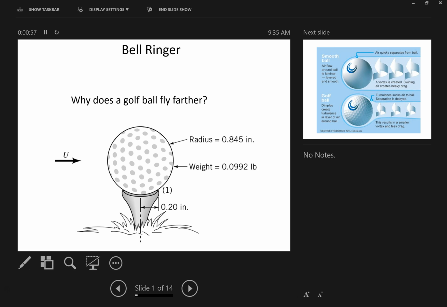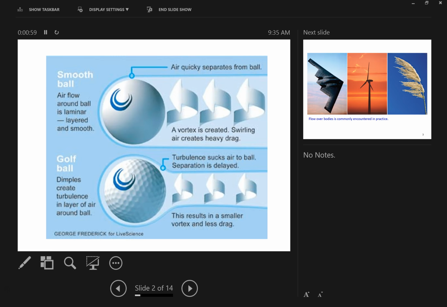We'll go through some of that. Here's a smooth ball. You get this big wake. Here's this golf ball, which has dimples, and you get this smaller wake. You still get drag, but it's reduced because it creates turbulence back here, and it starts spinning. Think of it as arms grabbing the flow and bringing it back towards the center. That's what the circulations help do. So that's why. It's pretty cool.